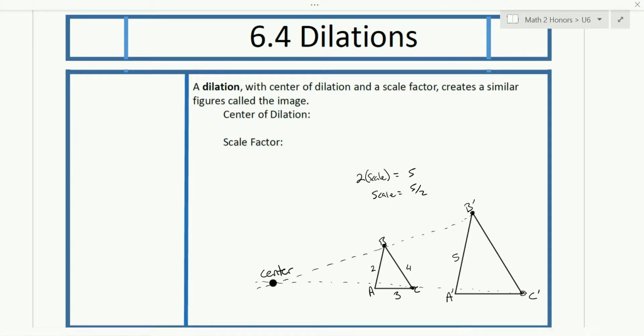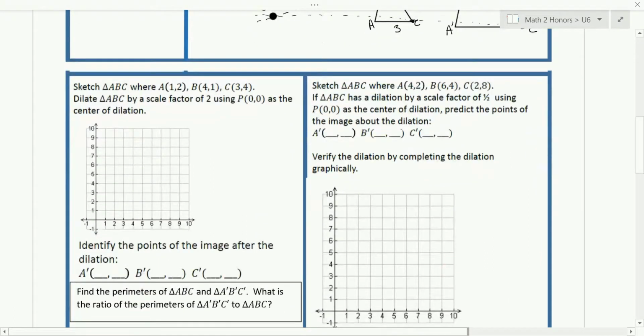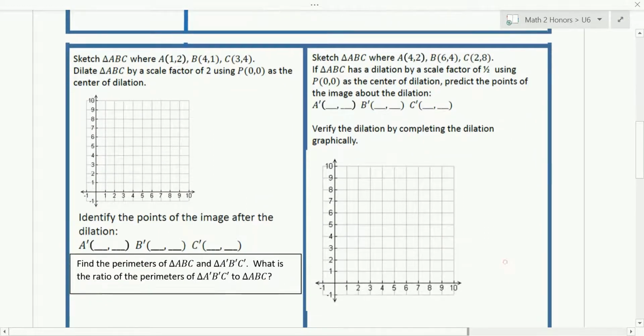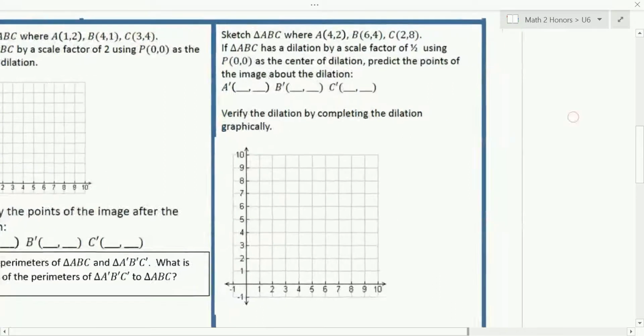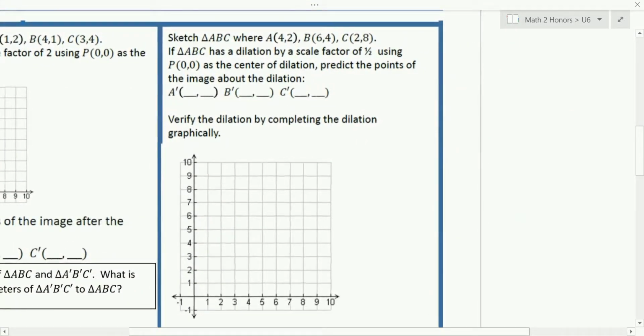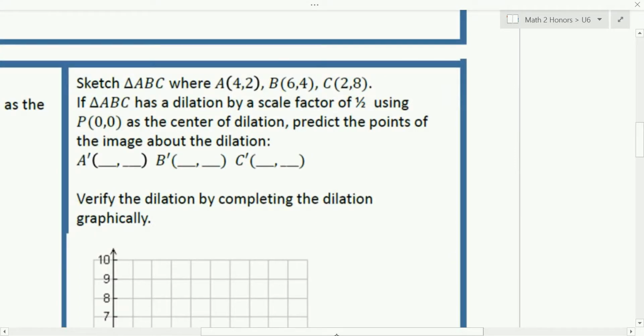Okay, so we're going to look at some problems involving dilations and work through them. I'm going to move around and not go in the same order that things are here. But let's first look at this second one here. They're not numbered, but sketch ABC. So we have triangle ABC, and they have given coordinates. They say triangle ABC has a dilation by a scale factor of 1/2,